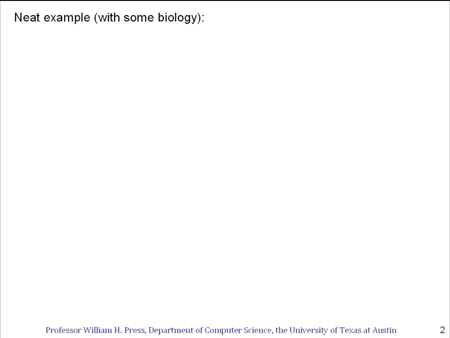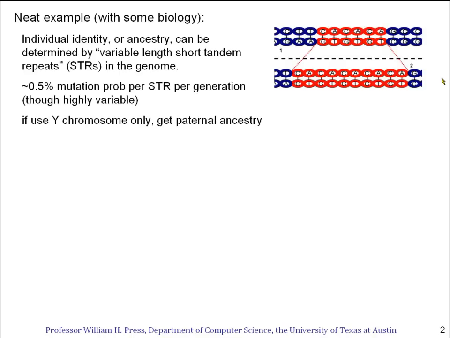So here's a neat example where we can learn a little bit of biology and also use what we learned about Bernoulli trials in the last segment. I have to remind you that each of us has a genome that's made up of DNA, and it turns out that there are little spots in the genome that are a little bit unstable, so that in a parent you might have a repetitive sequence CA, and in a child, or maybe grandchild or great-grandchild, this repeat may have been extended by a mutation to have a different length,